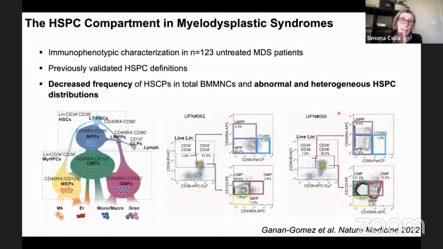On the contrary, the other set of samples was characterized by an increase of GMP, so granulocyte-monocyte progenitor, and an increase at the level of the stem cell of lymphomyeloid primed progenitor. So bottom line, two different stem cells are expanded,